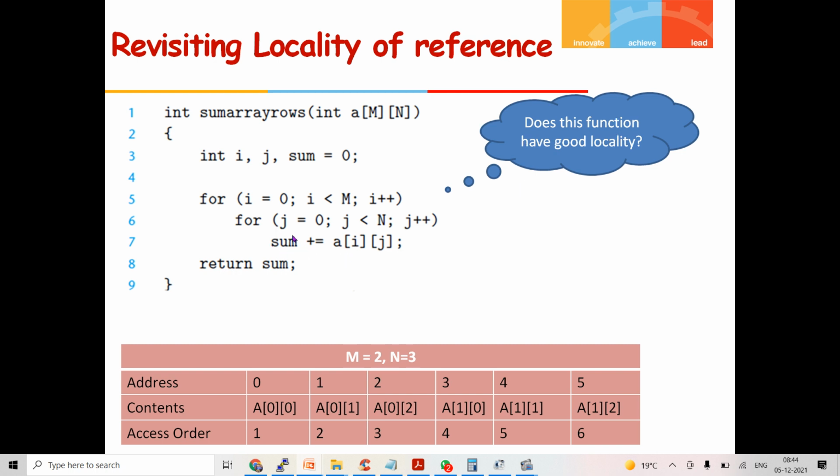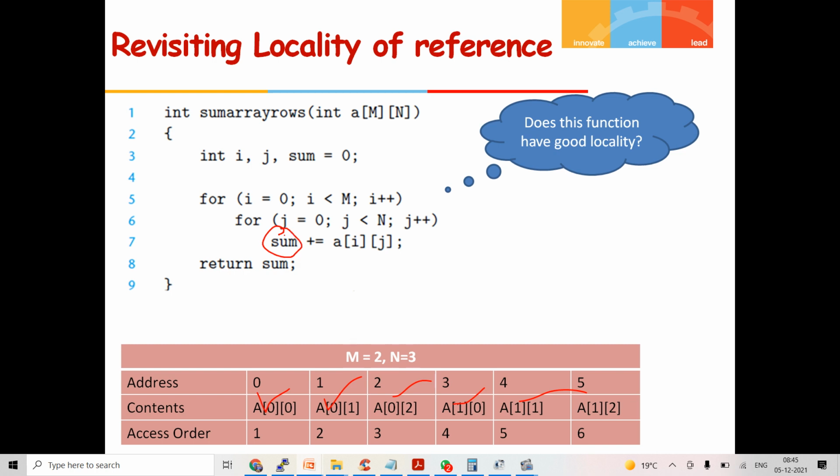As far as we are concerned, the first reference is going to be this. Which one is the first reference? The first reference is contents 0, 0, the first value. Whenever the cache is started, there is nothing in the cache. So therefore the first will be a miss, and so on and so forth. So this is going to be the access 2, 3, 4, 5. The same story happens.